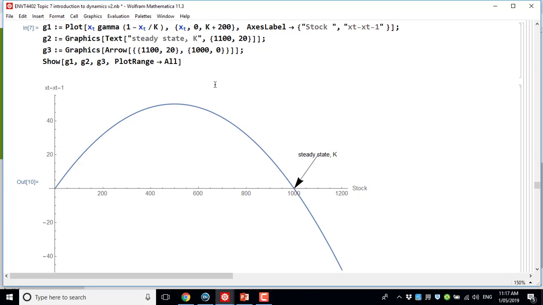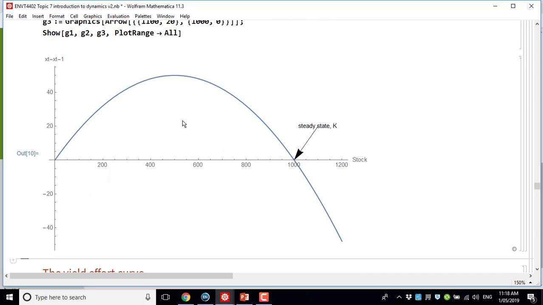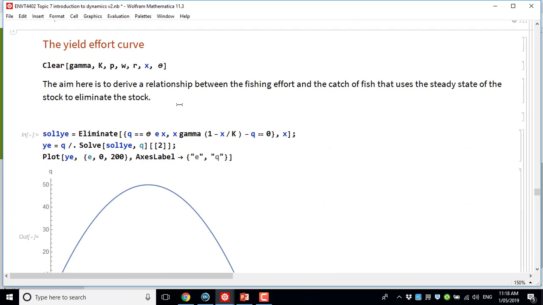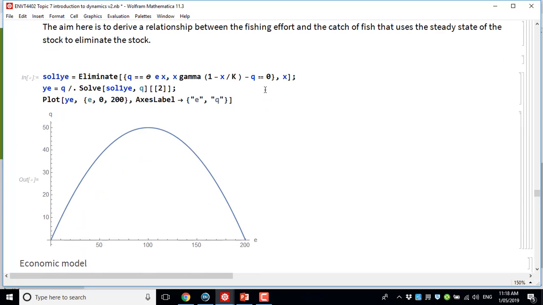Plot out the growth curve as a function of the stock, and it gives you a steady state K, where that's the carrying capacity of the stock, and it's basically the biomass of fish if the stock is unexploited. If we just scroll down a bit further,